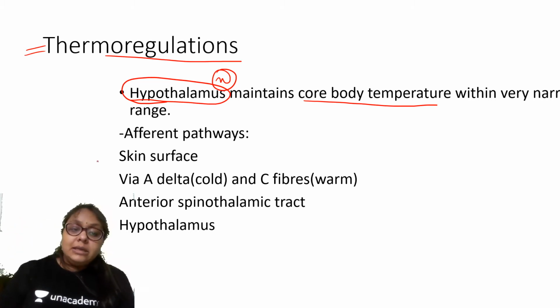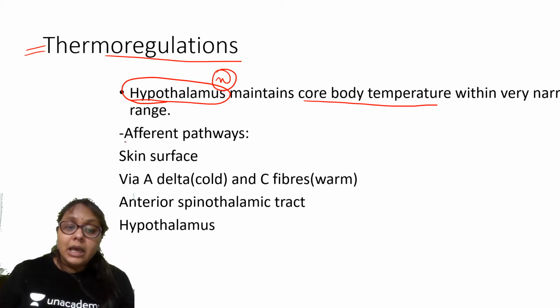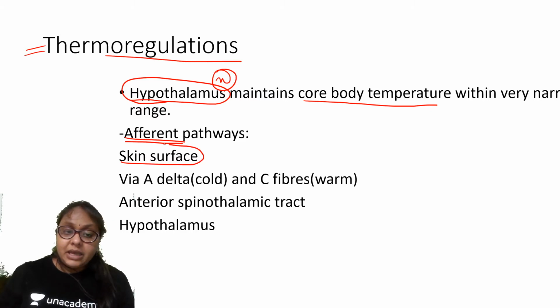Now how does it do that? First, the afferent pathway.